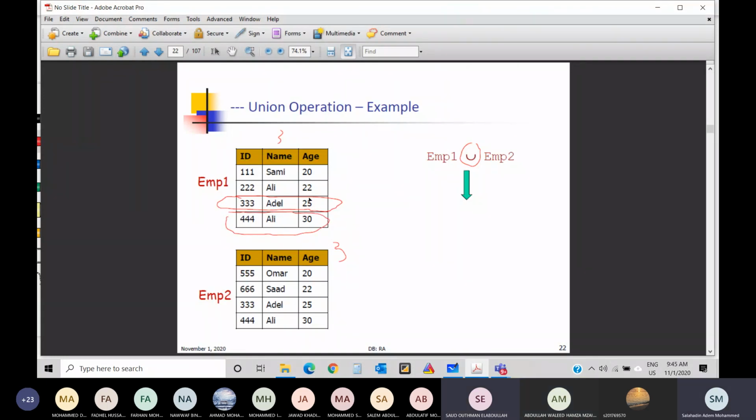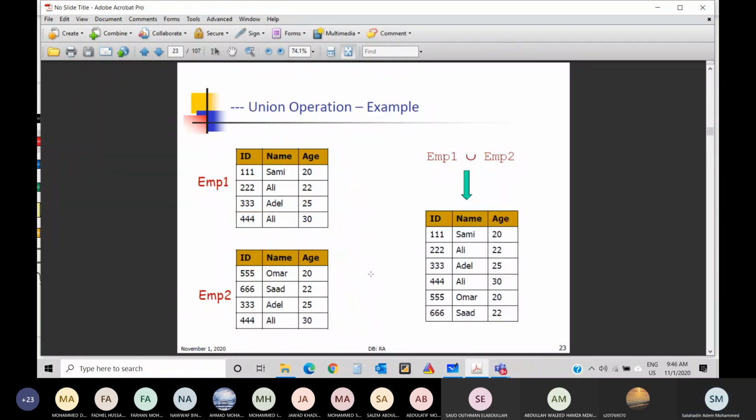So the total is 4. Meaning I will have only 1, 2, 3, 4, 5, 6. So there will be 6 rows. Sorry, 6 rows. So duplicates will be removed. We only keep 1 copy from the duplicates. Even if you have 100 duplicates, we'll just keep 1.